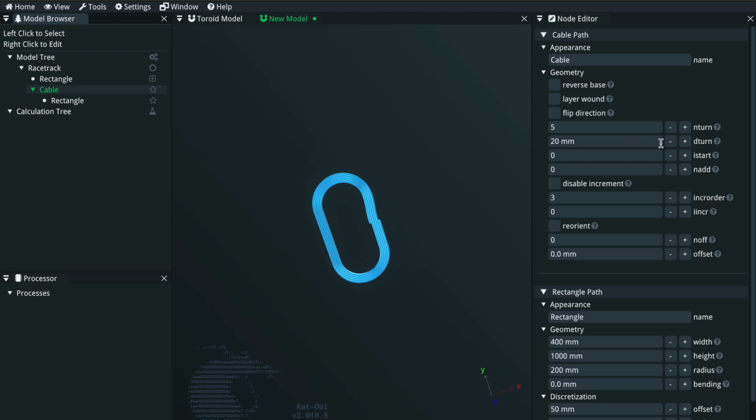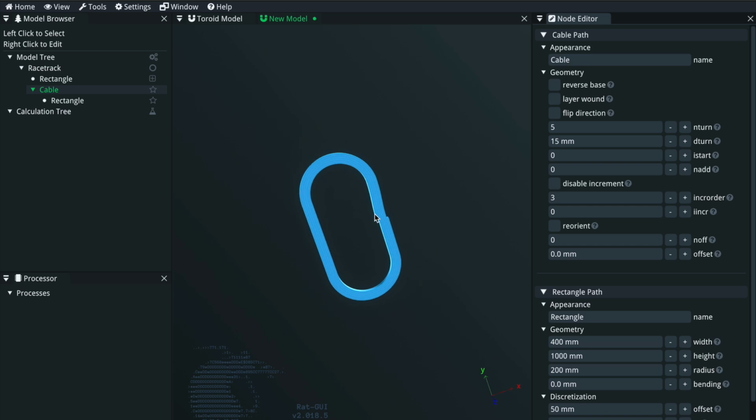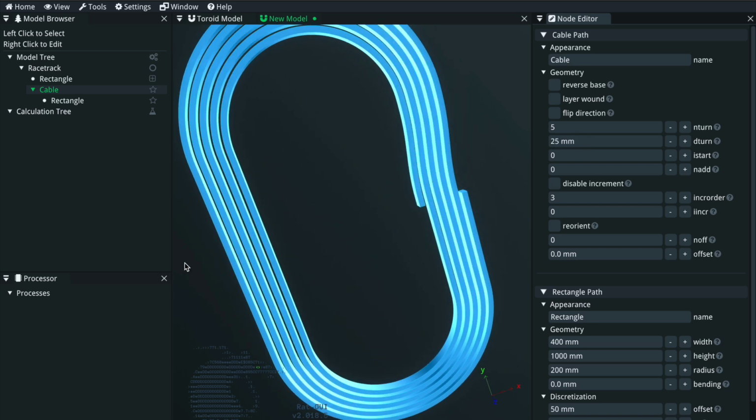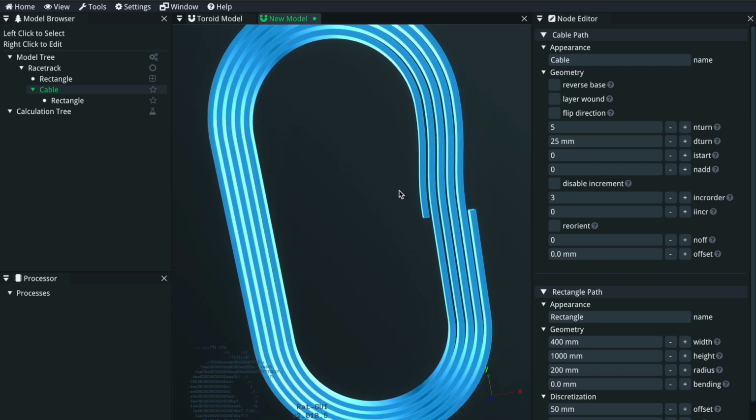So I made the distance between the turns. It should be at least 15 because then they are exactly touching. But I make them 25 so that we can see a bit of space in between. There is a wiggle here. You can change that by setting the incrementation